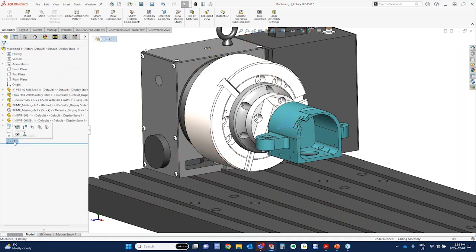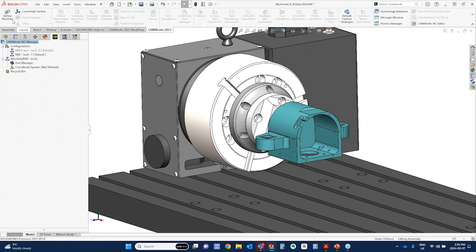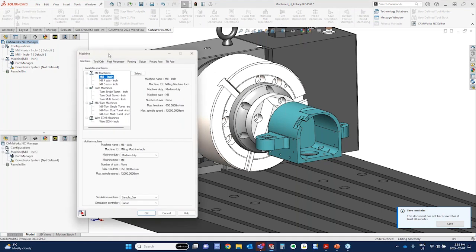I also renamed it to fixture coordinate system so it's easy for me to pick up when I'm adding this into my program. If I come back into the CAMWorks feature tree here, the next thing that I want to do is set up my machine. So under the CAMWorks 2023 tab in the command manager, you can see that we've got define machine. If I click on define machine here,